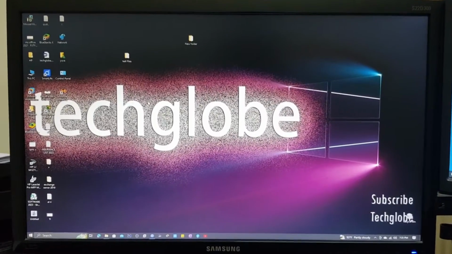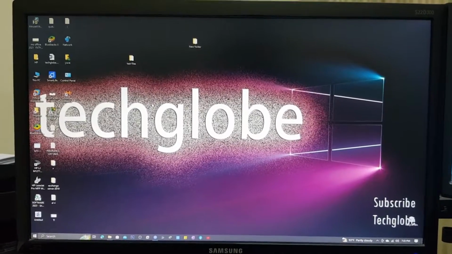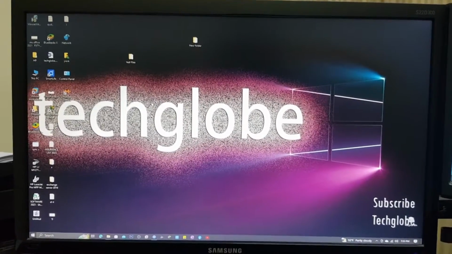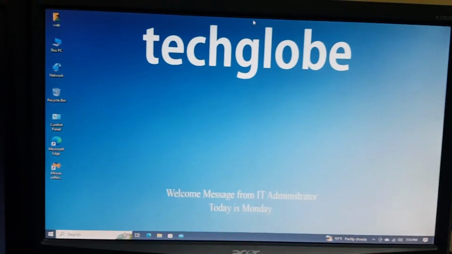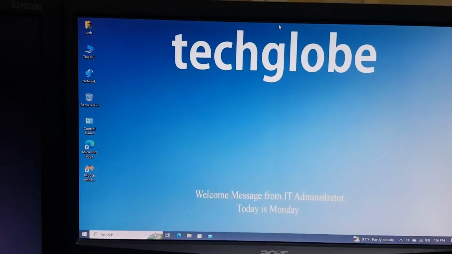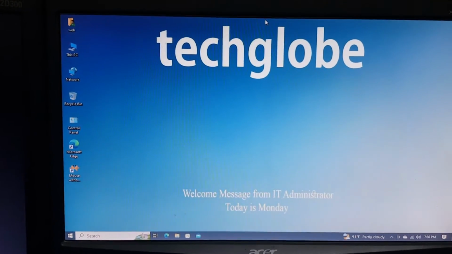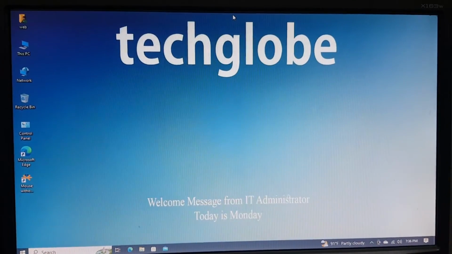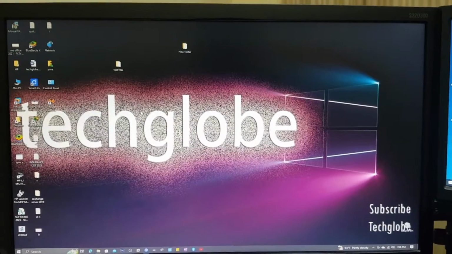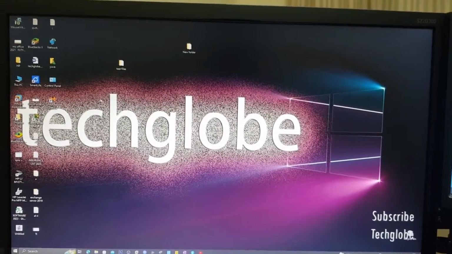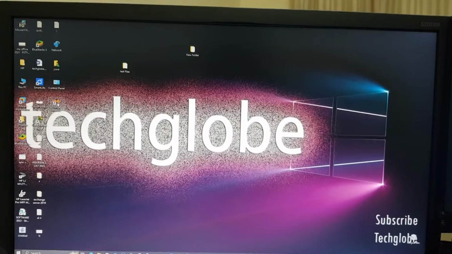Here you can see this is the first computer. Okay, and I will show you the second computer. This is the second computer. I'm going to configure it right now, and let's start configuring. Go to the first computer. I'm going to open the software which I installed right now